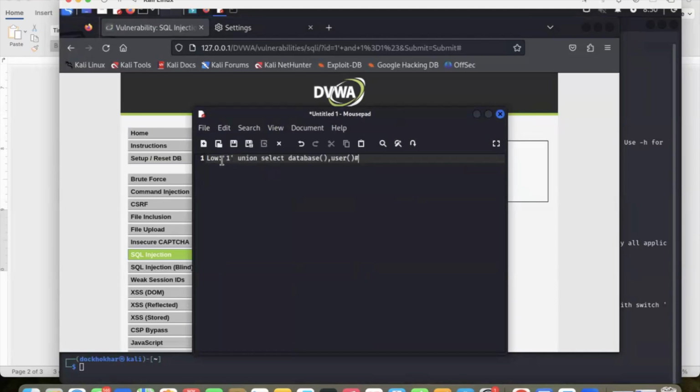Let me put it so you will not get confused. This is for low security. One comma, this. Please do remember that the 1, 2, 3 is not part of the command. This is the command. So one, union combines the results, database returns the name of the current database and the user in the database, and anything after that. So hashtag means